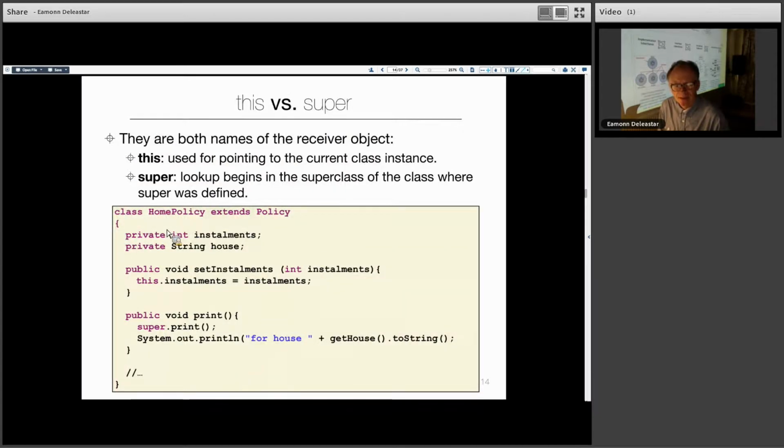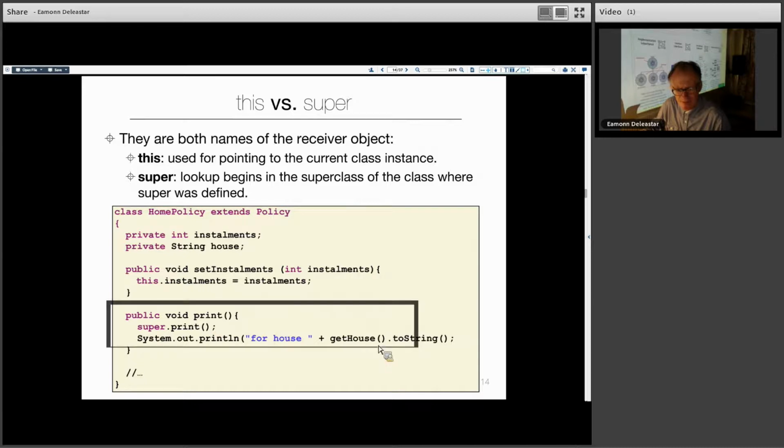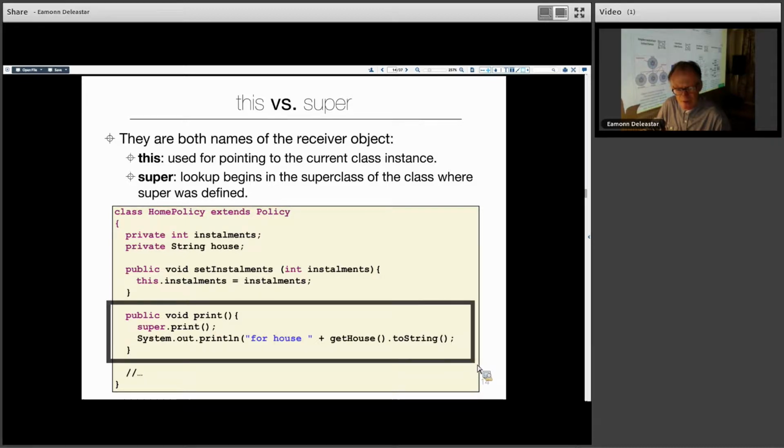Here's another example. This time we've got a class called home policy extending policy, and we're invoking a print method. Now we're invoking that print method from within another version of the print in the derived class. So we're looking here at a print method. Its job is to print out the policy details, and we note we've got this funny syntax here,